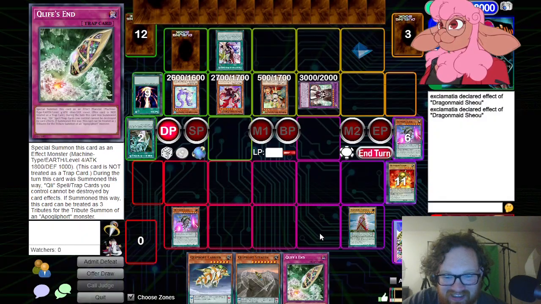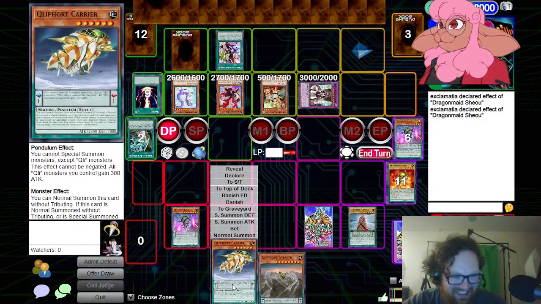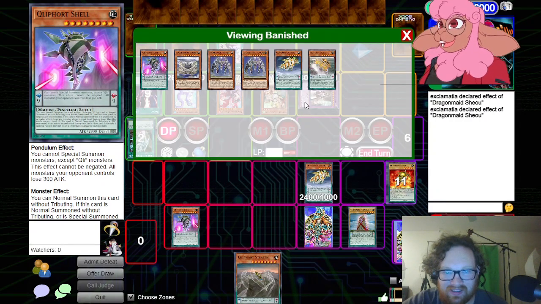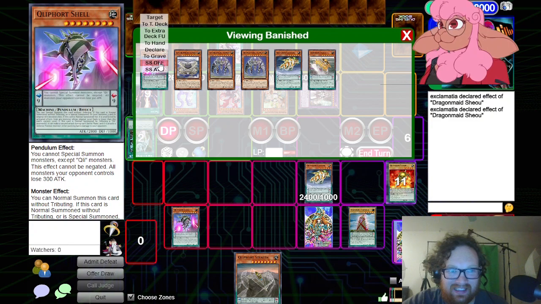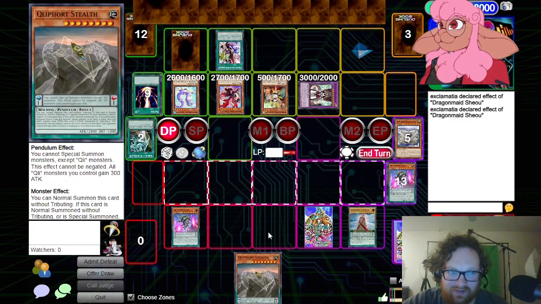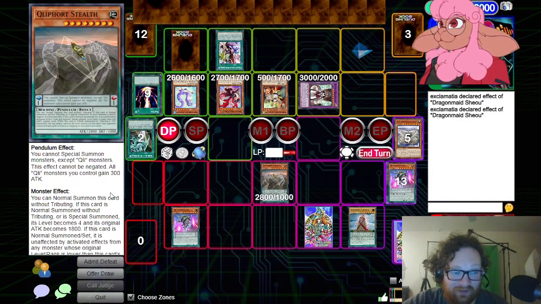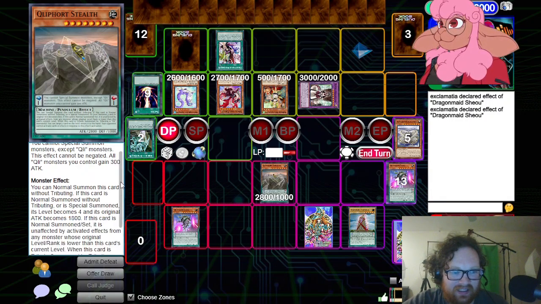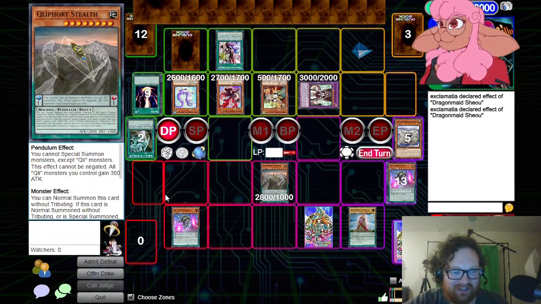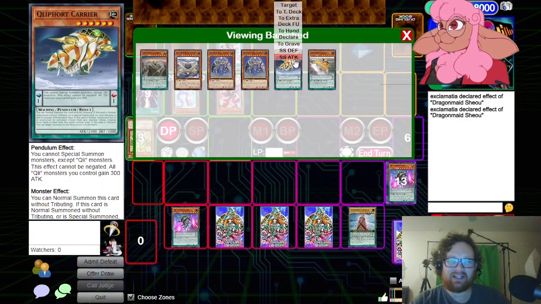It's bullying. It is. This rule set is bullying. We're gonna do another Pendulum Summon. Raigeki should never be allowed to be quick effect instant speed. Sack these 2. Okay. For Cleafort Stealth. And since it was summoned by attributing, I can target a card on the field and return it to the hand. You cannot activate cards or effects in response to this activation. I'm gonna Pendulum Summon in...